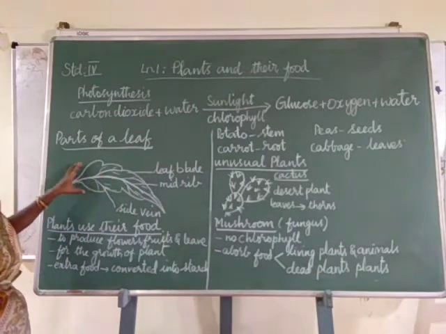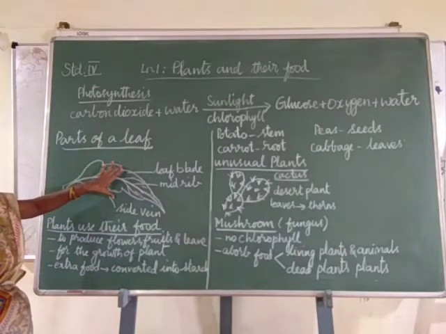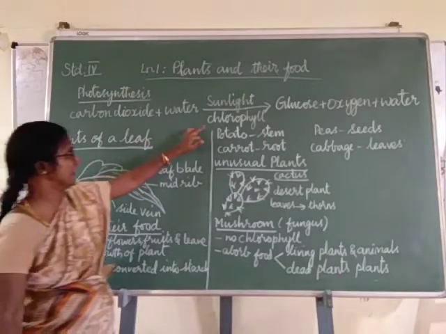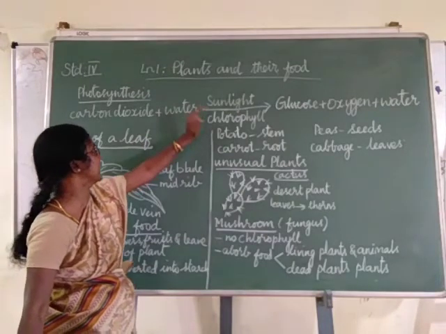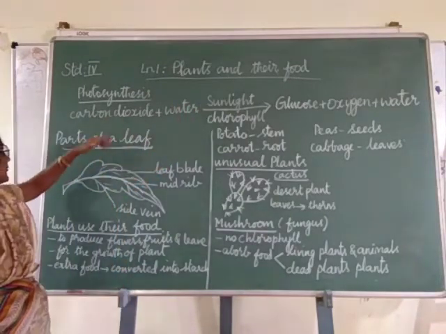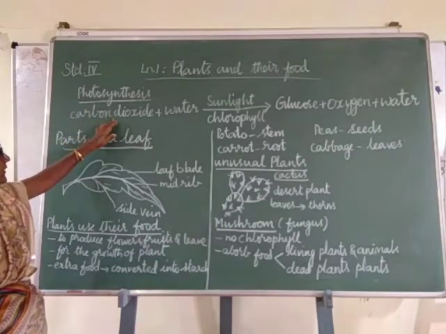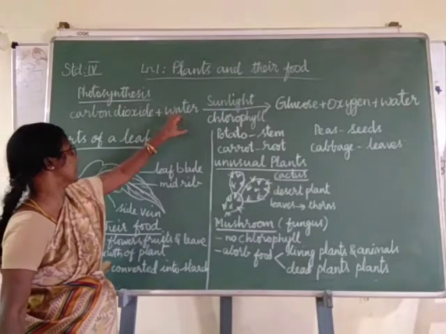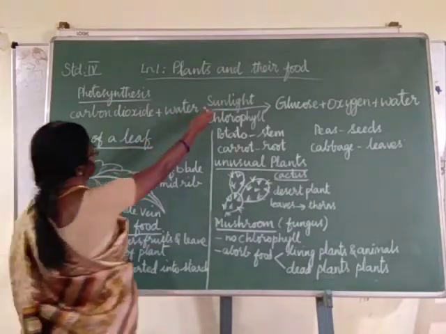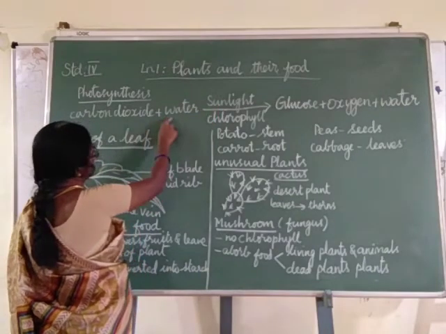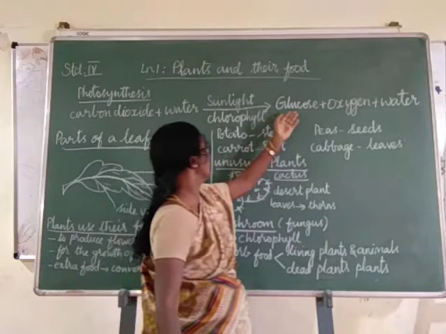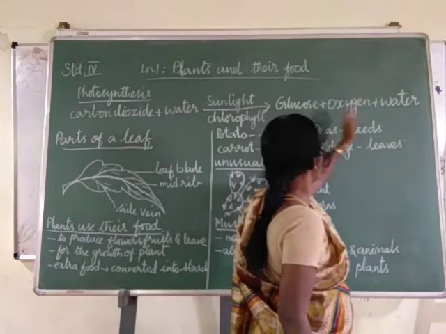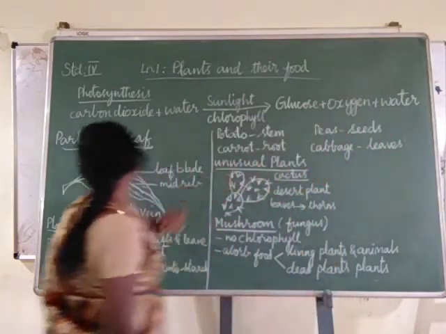In the plant, the leaf is the food factory. Here, the food is prepared by the leaves of the plant. The chlorophyll absorbs sunlight, and the plant absorbs carbon dioxide from the air. Also, with the help of the roots, the plant absorbs water from the soil. With the energy from the sun, the carbon dioxide and water are put together to form food, that is, glucose. Also, oxygen is released into the air and water is evaporated as water vapor.